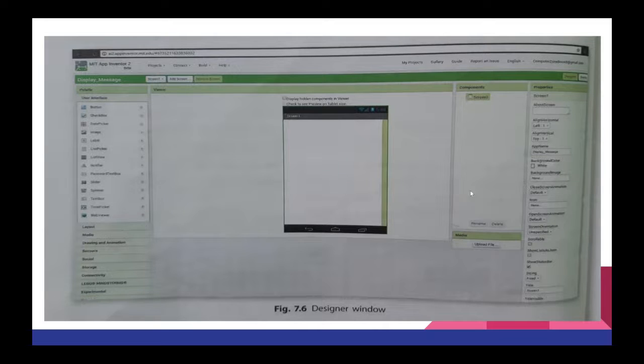So we have seen the four panes: palette, viewer, components, and properties. The viewer has a screen where the components are arranged to show how the app you design will look. Next is components. This pane shows the list of the components that are arranged on the app screen. It shows a hierarchical view of the components. And the last is